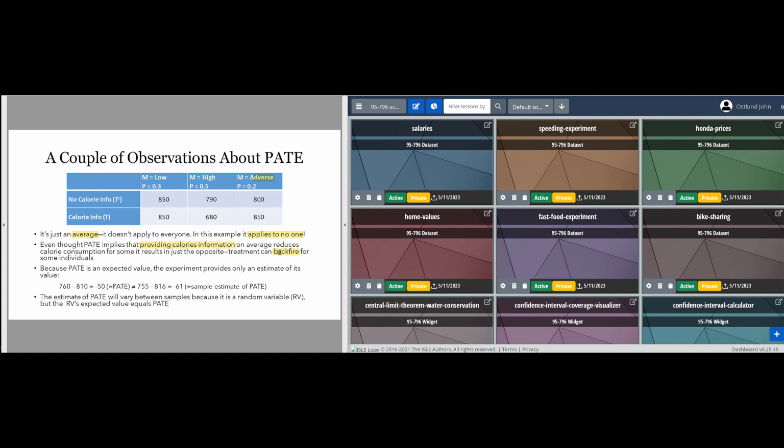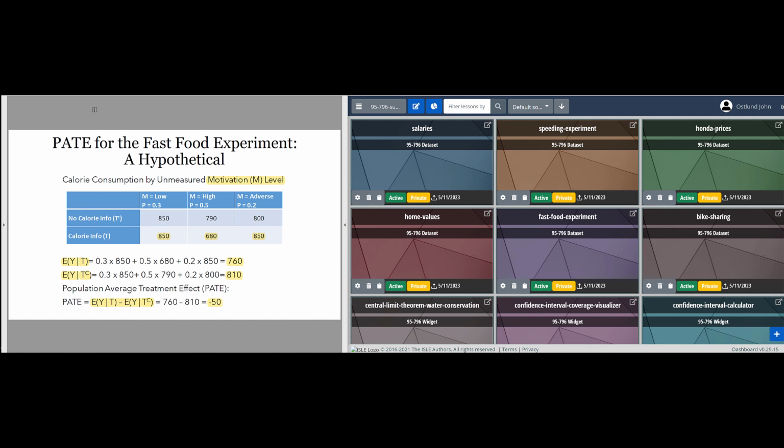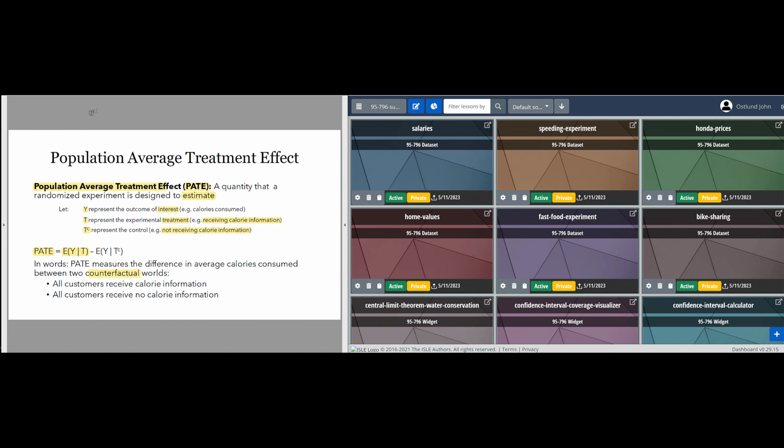And in that case, it's possible that unless the treatment is extremely effective, you may actually end up doing net harm by offering the treatment. Okay, this other stuff I'll just let you read. Anyway, so you may encounter this idea of PATE, the population average treatment effect